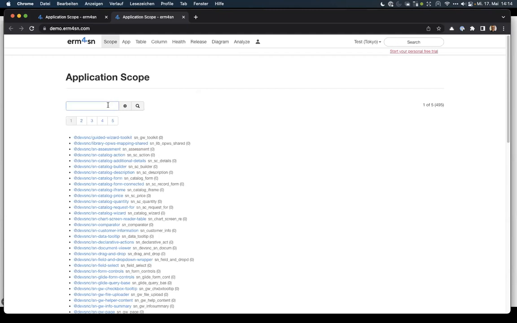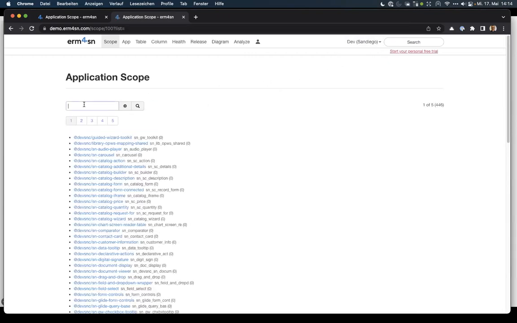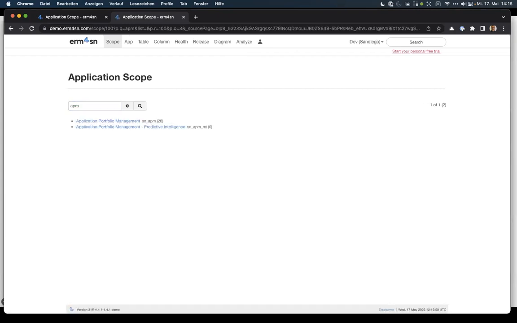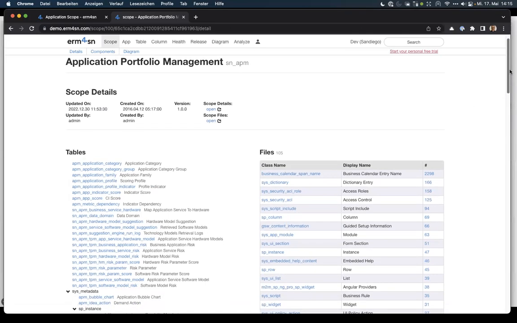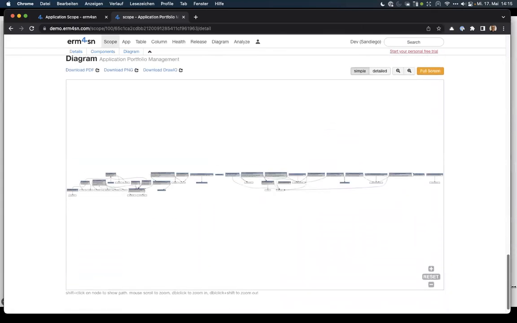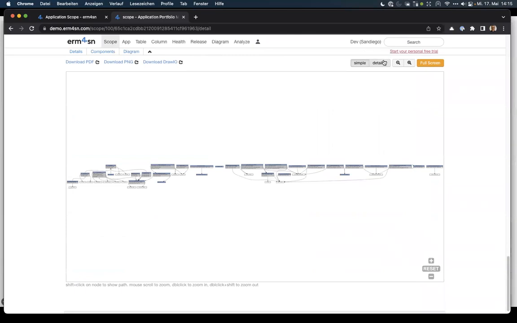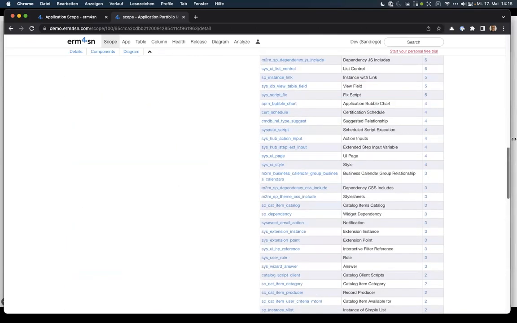I'm going to quickly show you here how this works. So we can look up, let's say, an application, APM. Oh, let's switch to another. Let's see here. Then we have it in this version. So I can switch between the environments in the top right corner. So this is how application portfolio management looks. This is the scope. These are all the tables. And at the bottom, we have a diagram. There are two versions, a detailed version and a simple one, which contains all the tables and relationships of that